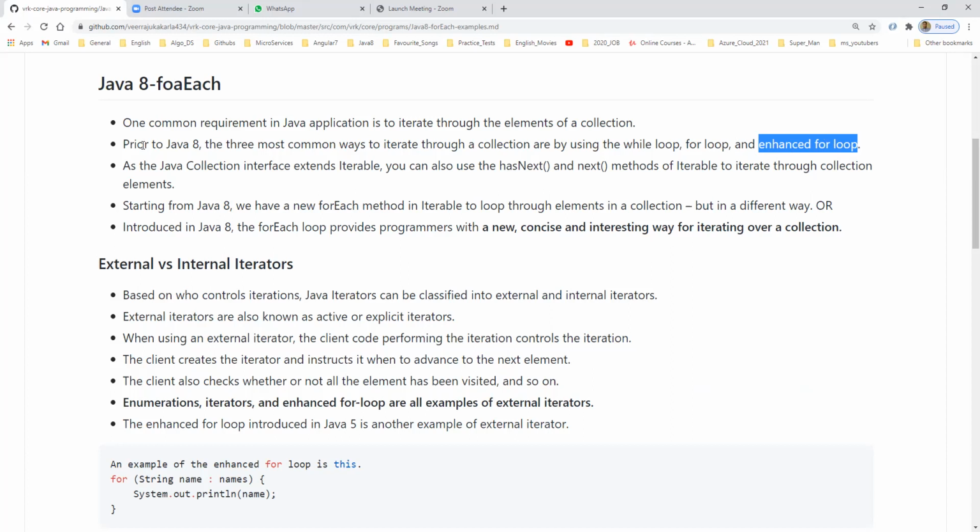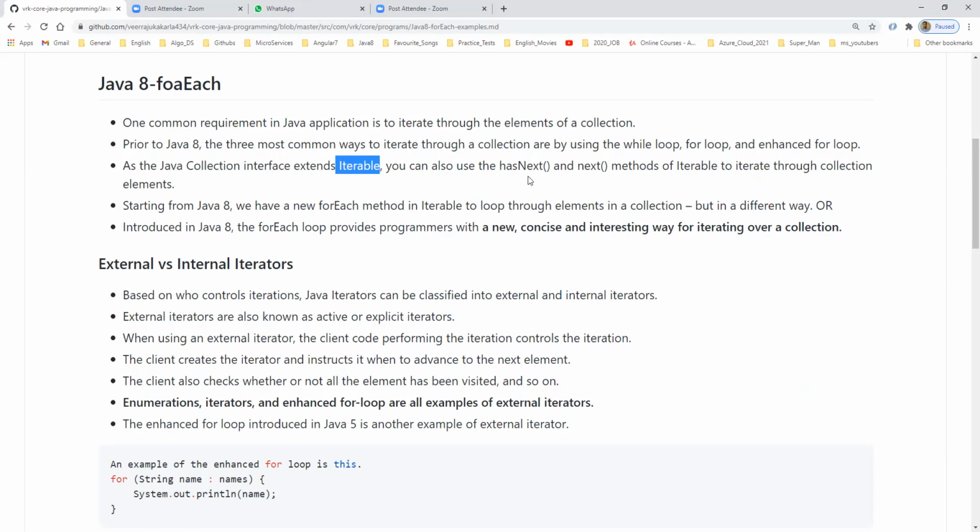Now, after Java 8, all the Java collection interfaces extend the Iterable interface. Iterable is a type of interface. Using that, you can also use the hasNext and next methods of the iterator to iterate through the collection elements.